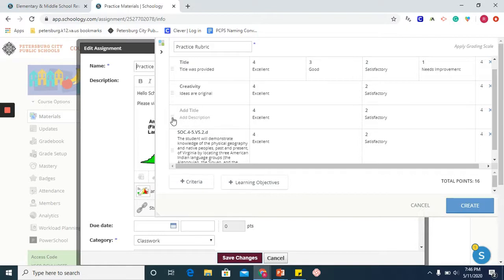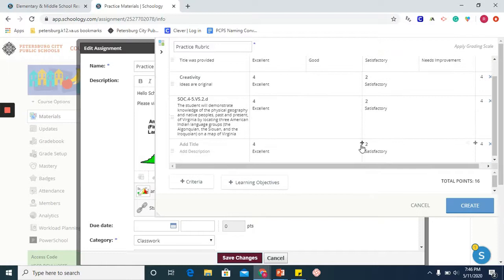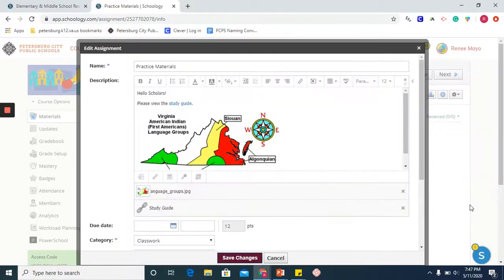Now somehow I'm going to slide that down. Let's see if it will let me get rid of that. All right, so I have created my rubric for my assignment. Once I click create,